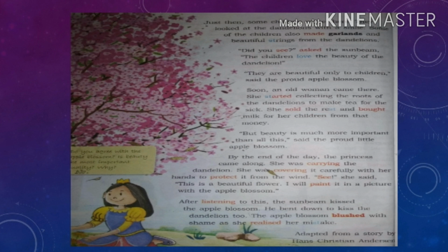Do go through the PDFs that are sent to you regularly. Read the chapter, read the story word by word. Listen to the videos again so that you can easily understand